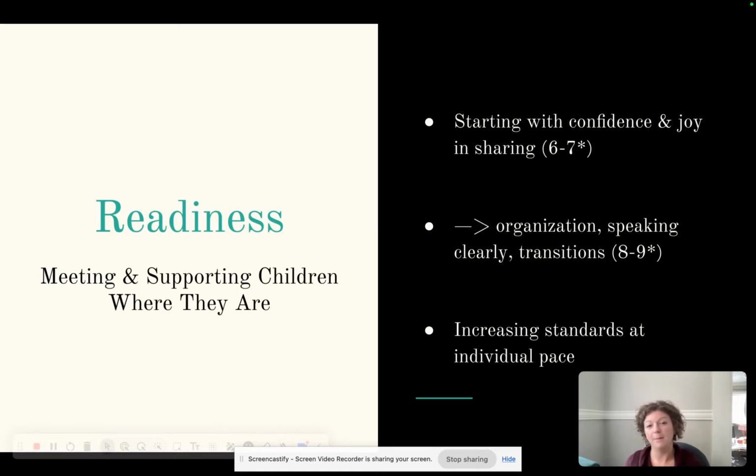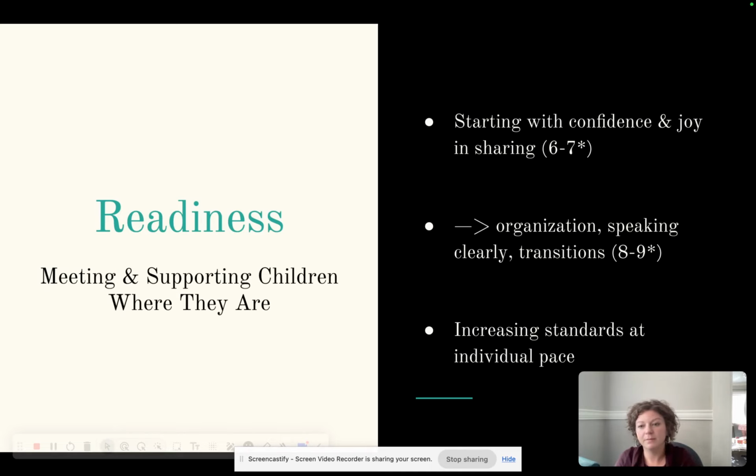What are they ready for? How much are they ready for? And give them a little bit here and there, and pick what's the biggest issue. Start there, let them work on it, and then the next time you can give them a little bit more. And if you ideally have 3 to 6 years with the child, then you can get them over that amount of time and that many presentations, getting them really comfortable, knowing a lot of different aspects of public speaking, including being organized, being clear, using transitional phrases, topic sentences, and so on.